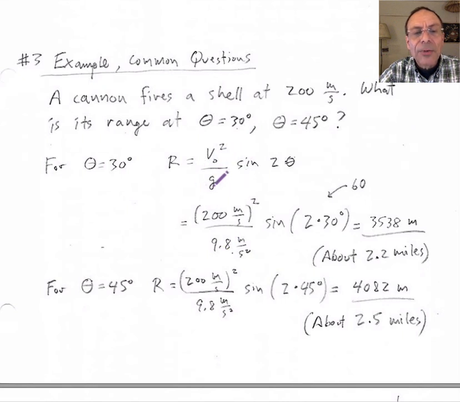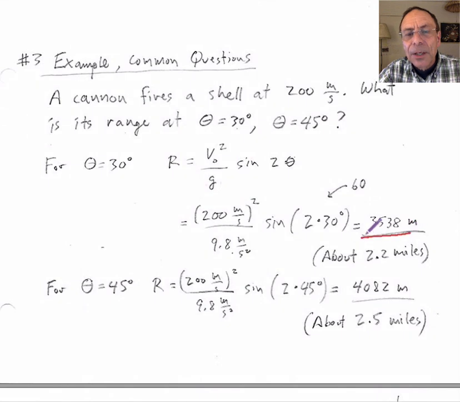We have our range formula, v squared over g times the sine of twice the elevation angle. I put in my initial velocity, 200, and don't forget to square, divide by g, 9.8, times the sine of 2 times 30 degrees, so that's 60 degrees. It's very easy to forget to square, and it's very easy to forget to multiply by 2. It happens all the time with my students. Try not to let that happen to you. And you get